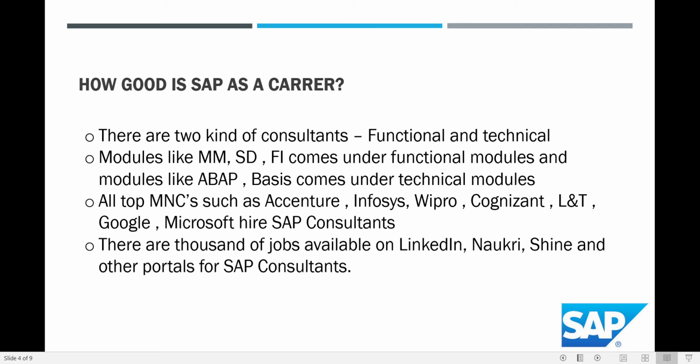The ABAP team is responsible for coding, either for bug fixes or for new developments, whereas we also have a basis team, which helps in the integration and in system and landscape setups. So these are called the technical teams. That is basically the difference between the functional and the technical team.